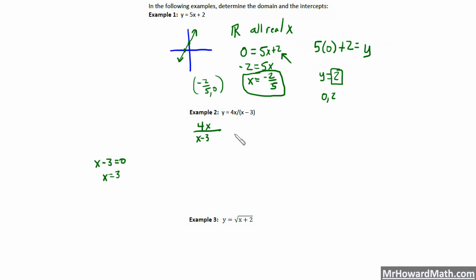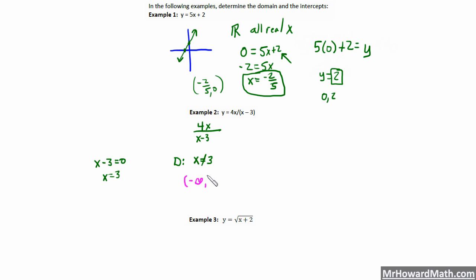So we're going to say here that the domain is all x's except x cannot equal 3. So we could write it this way. Another way to write it, a second way, would be to say that the domain goes from parentheses negative infinity